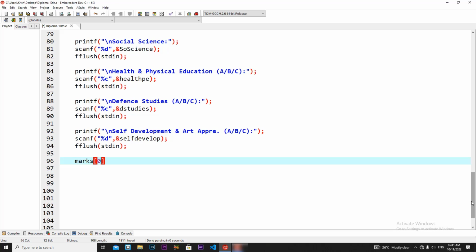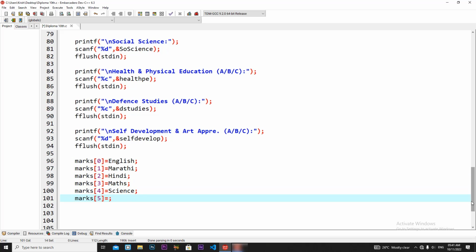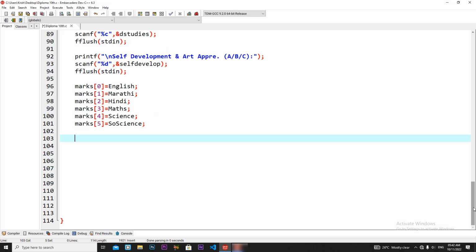marks[0] = English; I am going to copy it, Control C. Now we are going to find lowest mark subject among all subjects, considering first subject marks are the lowest. lowest marks = marks[0];